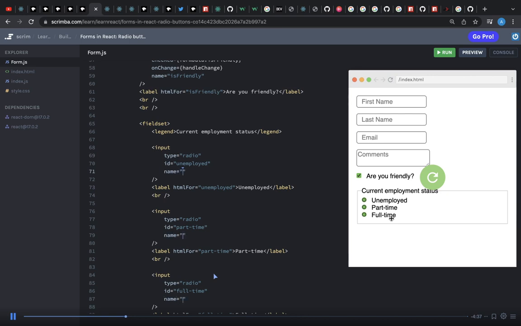which exactly matches the property that we are saving in state. The reason we're giving the same name to all three of these radio buttons is, first of all, in HTML, that's the way that we make it so only one of these radio buttons